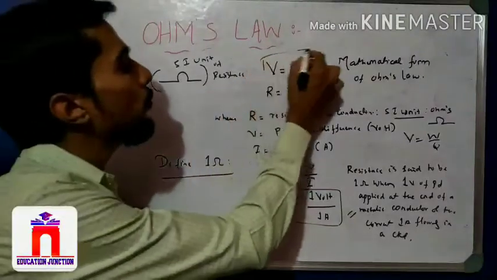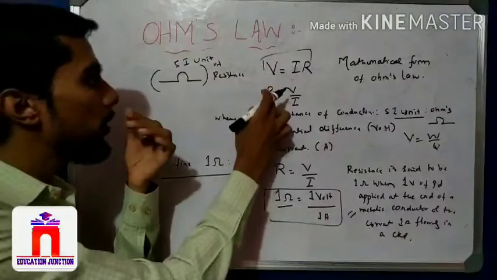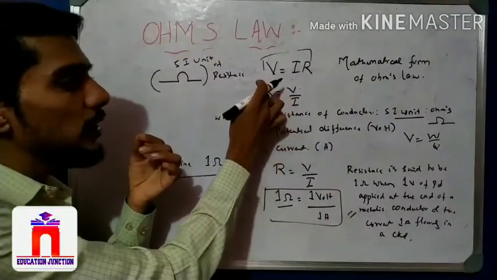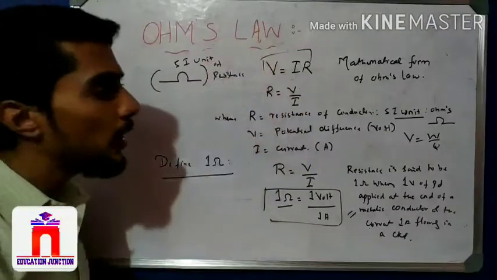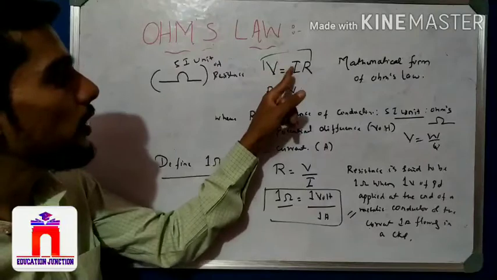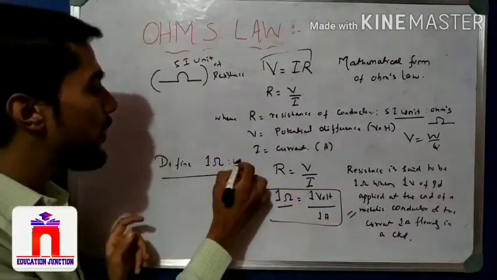By using the ohm formula we can calculate many things, and by using ohm we also define many things. When current increases, resistance decreases. When resistance increases, current decreases. That is one logic here, and by using this we can solve many problems. We can find V, we can find R, we can find I. We can also define the 1 ohm.